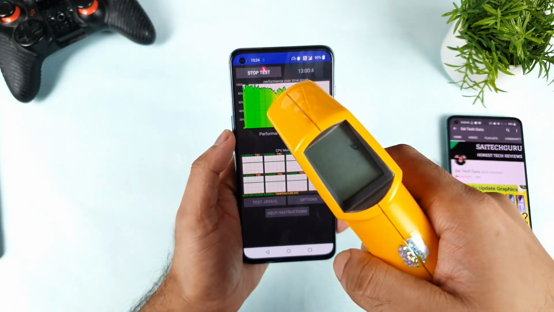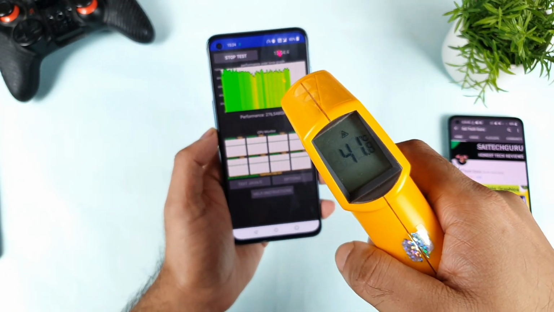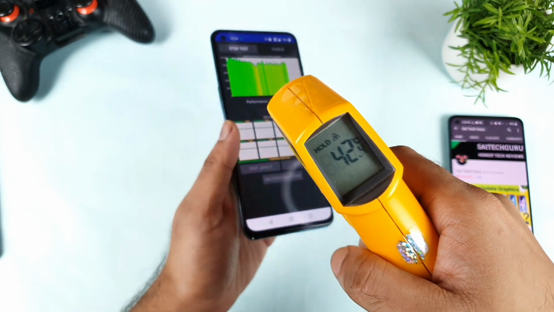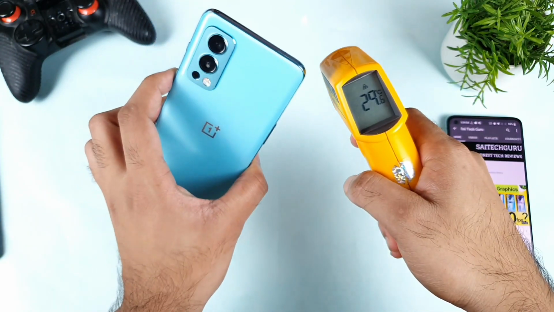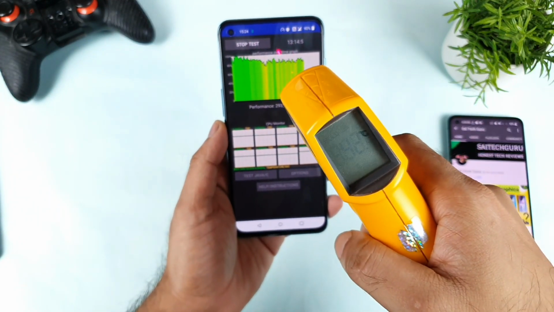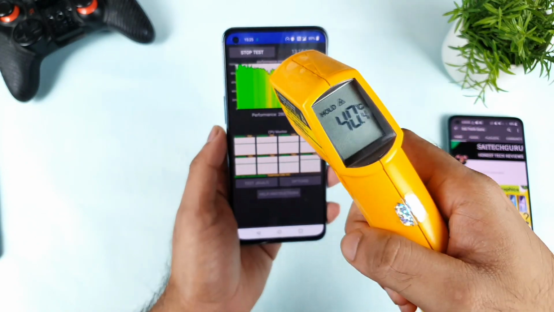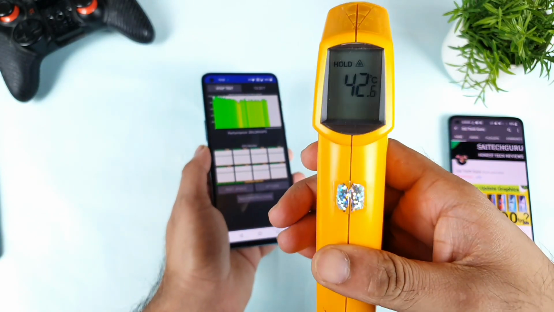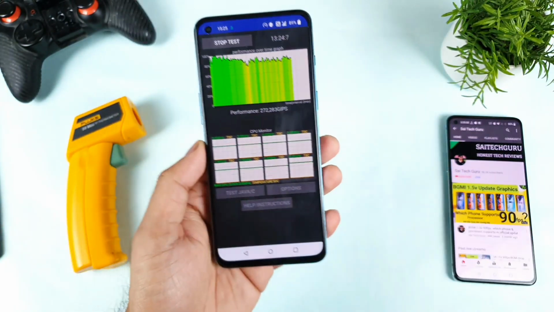It's about 13 minutes at this point, and the temperature reached up to 42.6 degrees. That's the highest, as you can see, 42.6 degrees. Backside 41 degrees, and my room temperature is pretty low, only 30 degrees. As you can see how high the temperatures went. 42.2 degrees, and 42.6 is the highest so far reached in the OnePlus Nord 2 during the demonstration. As you can see, exactly.